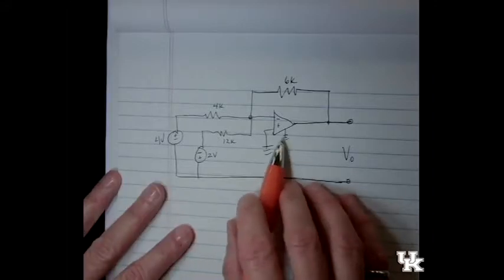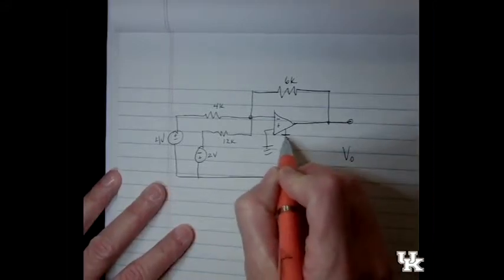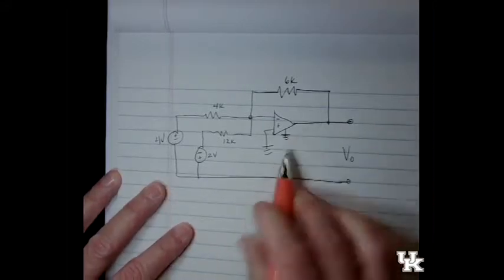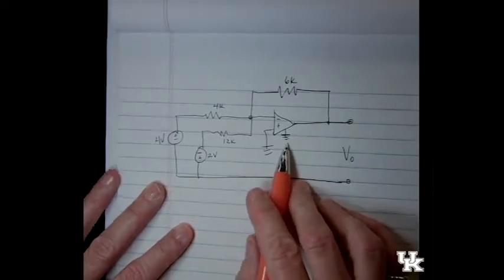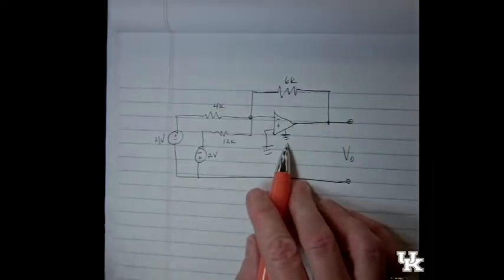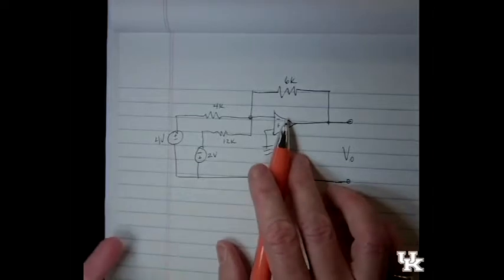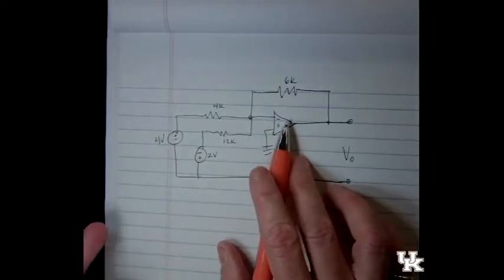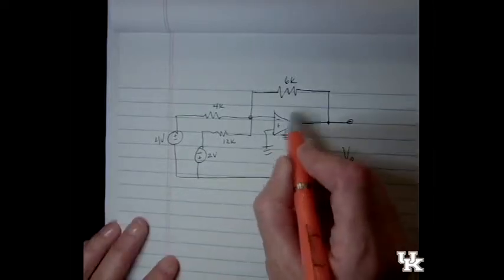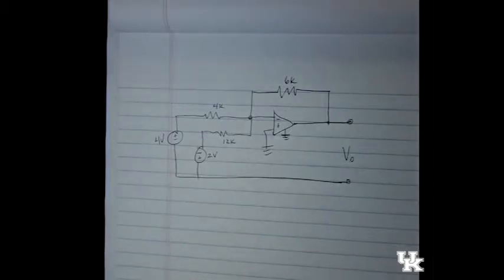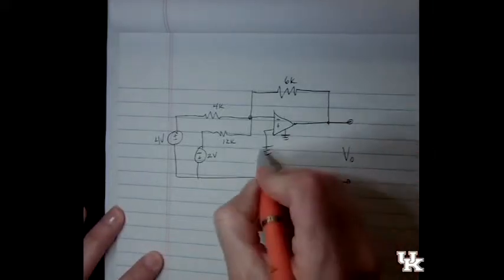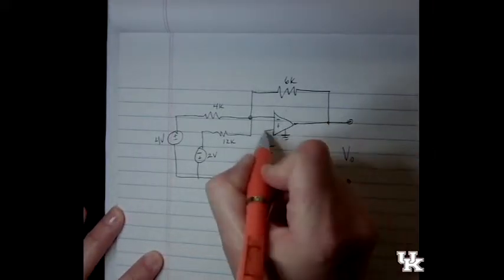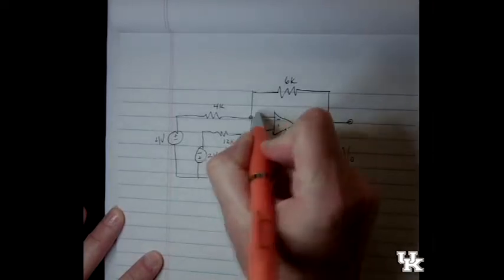So in this one, they do have a ground for one of the inputs. So that's replacing either the positive or negative voltage supply. And they don't even draw the other one, but we assume it's there. All right, so we can safely assume that there's a voltage supplying the internal workings of the OPAmp chip. All right. For our purposes, we're using the ideal model, where if we mark these 2